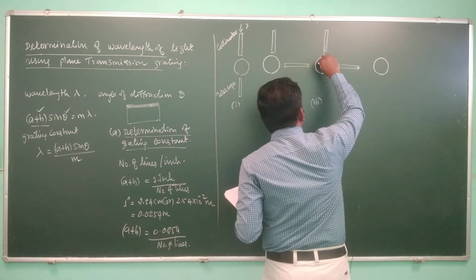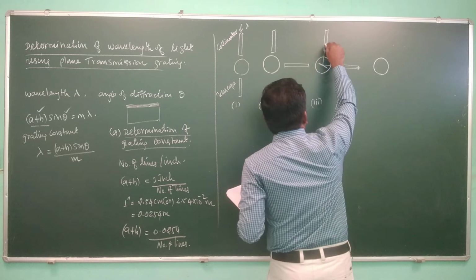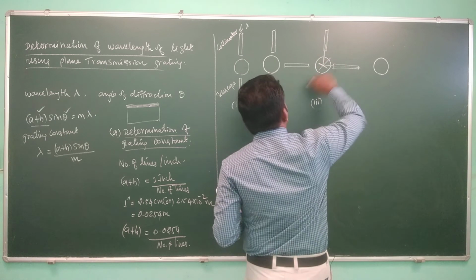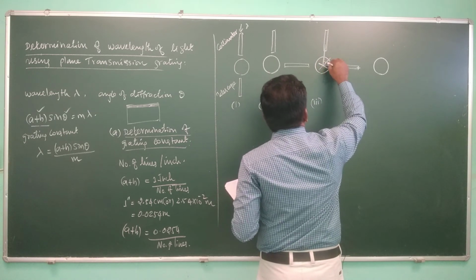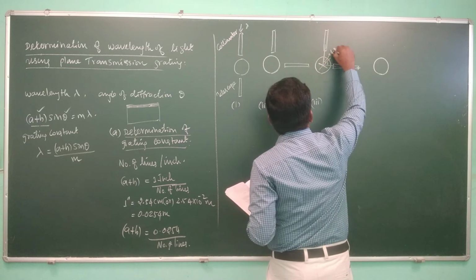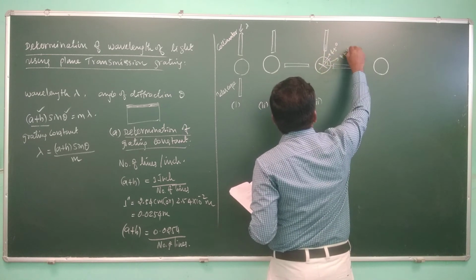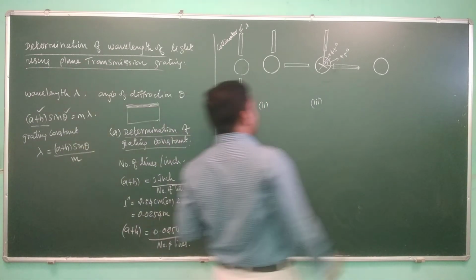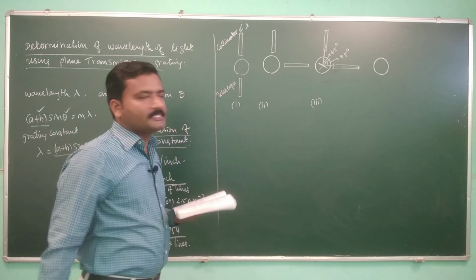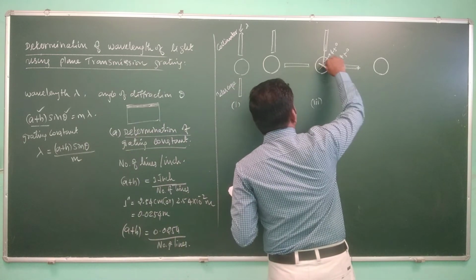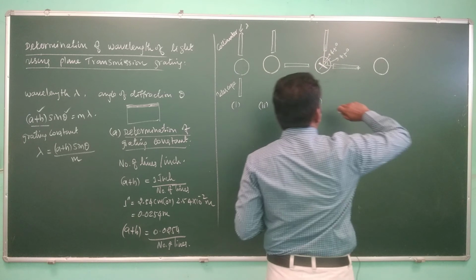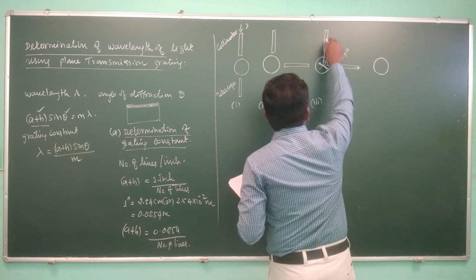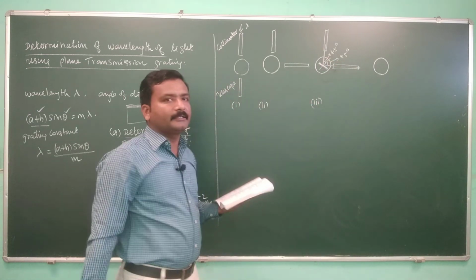If the prism table is placed in such a way that the incoming light ray makes an angle of 45 degrees to the normal of the grating position, then the angle of incidence will be 45 degrees, so the angle of reflection will also be 45 degrees. The incoming light ray gets deviated by 90 degrees and it will be observed in the cross wires of the telescope. If this is the case, it implies the grating is inclined at 45 degrees to the collimator or the incoming light source.